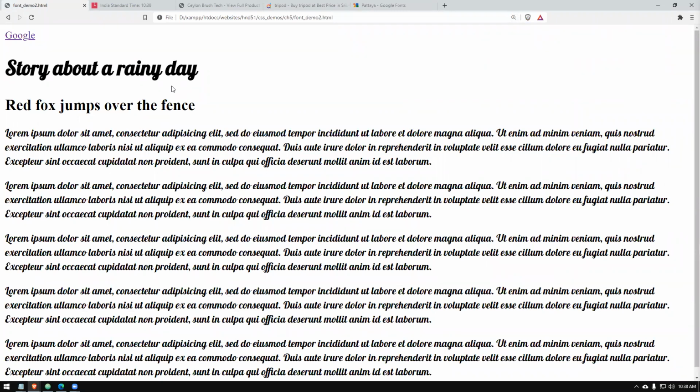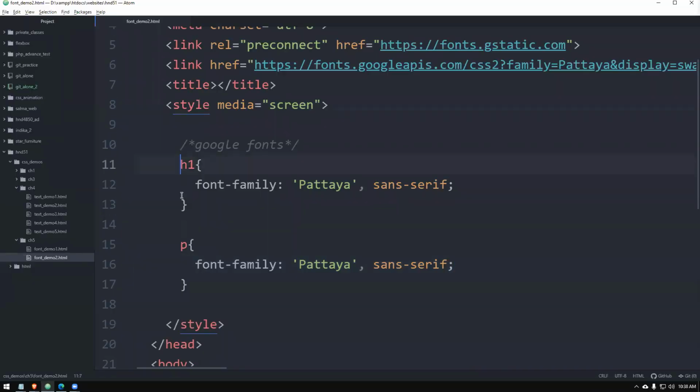Okay, so that is how the Google font works, right? So I will give you that setting also. This setting also I'll give you, H1 code also I'll give you. You practice and finish it off. With this one, we will conclude the class for today.